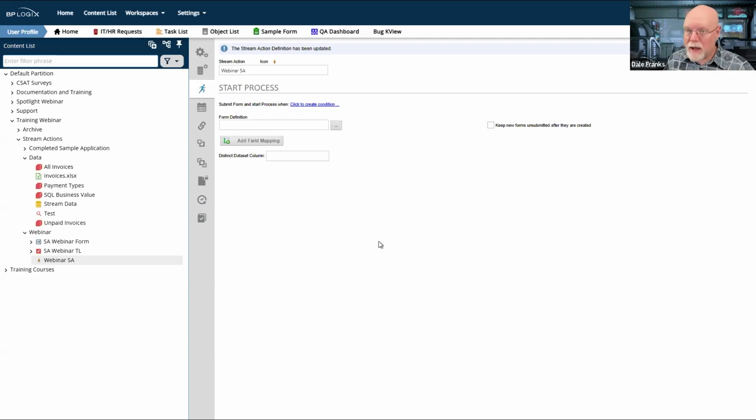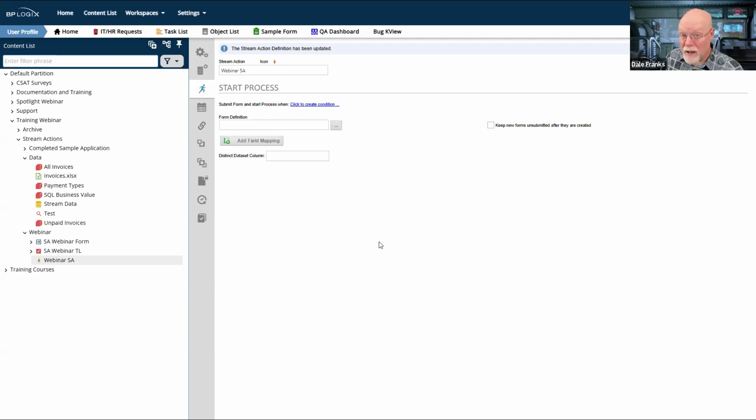You'll just be submitting forms, which, by the way, is another reason for doing it the way that we do it in the stream action, even though it's different from the way that we do it everywhere else, which is I may need the data, and I may need to have this data for historical reasons or whatever it is. And then I may have another process where I just go ahead and grab that form instance and bring it into the process, or I might want to do that manually if I need it. It gives me a lot of flexibility.